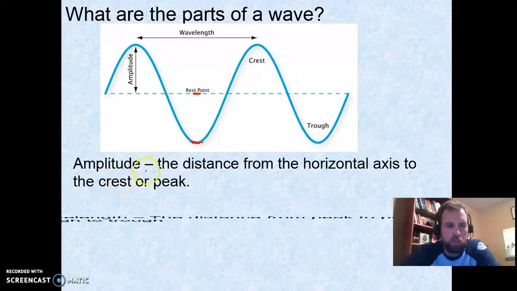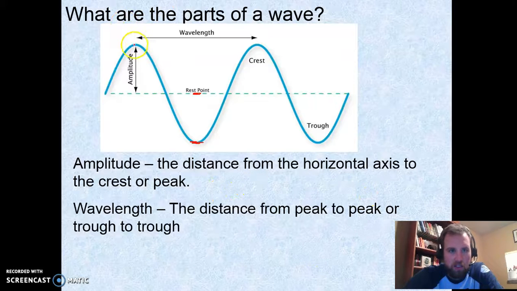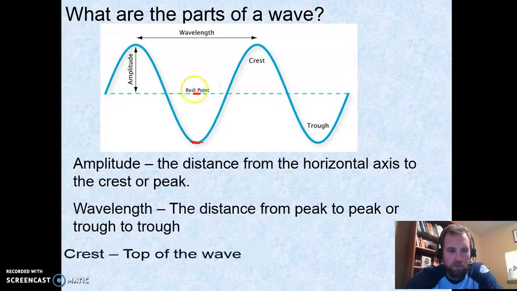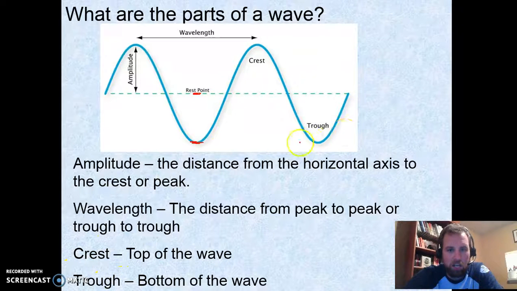So this should go in your notes. Next one is wavelength. Wavelength is the length of one wave. Okay, it is the distance from peak to peak. So from this peak to the next adjacent peak, or you could also say from trough to trough. So that's a wavelength. A crest is the top of a wave. Okay, makes sense. If a wave crests out to the top, and the trough is the bottom of the wave. Trough is down here at the bottom. So what I need you guys to do is to take these notes, and I need you to label your wave just as you see this one.